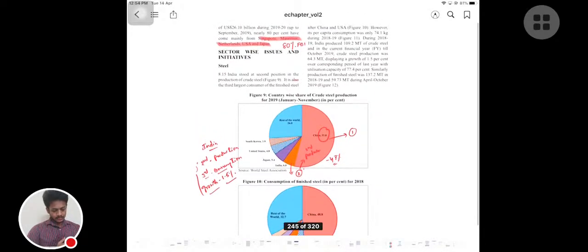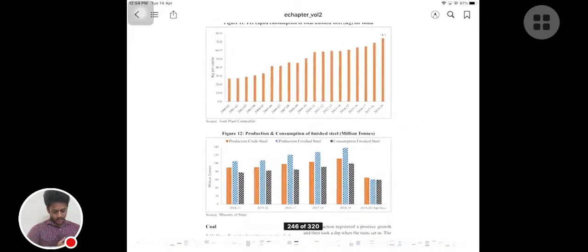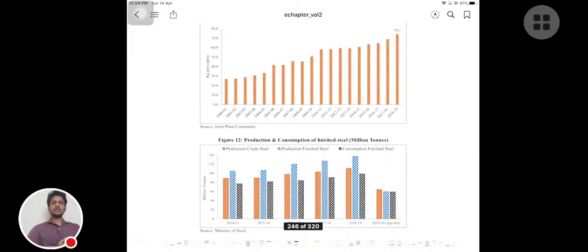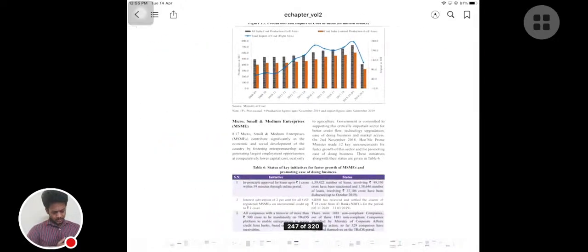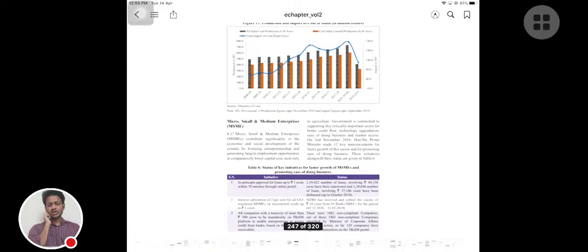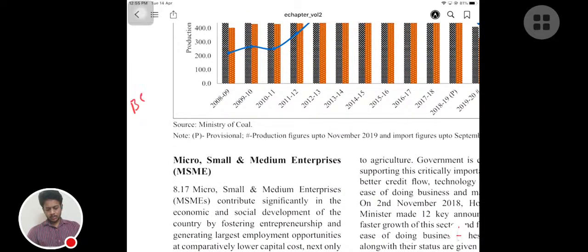Next part. Let me come to the next part here. These are not great things which you have to remember, so you can skip this coal part. In this coal part, they're asking old questions like what are the different types of coal: peat, lignite, bituminous, and anthracite. These type of questions are coming, but I'm not expecting any question from there. But as part of crude oil, I strongly suggest you please study about BS6 norms and the difference between